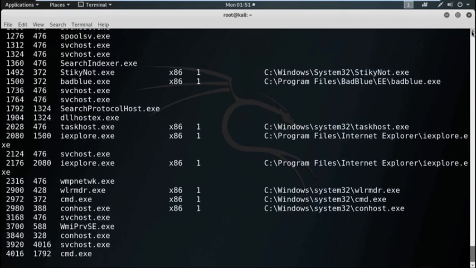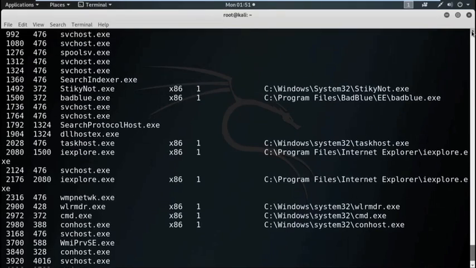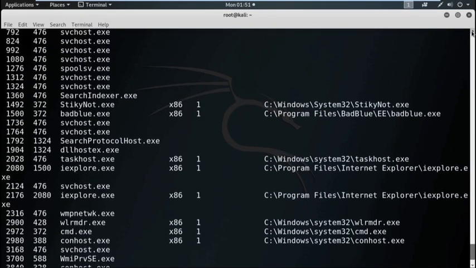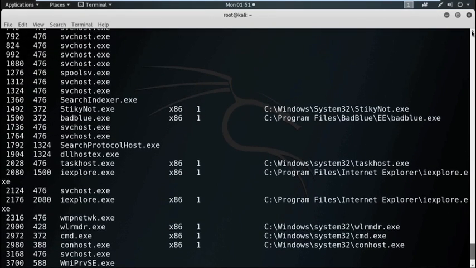See, here is the whole process list with their process ID and parent process ID. Now I am going to migrate the process into IEXPLORE.exe with the process ID 2176.